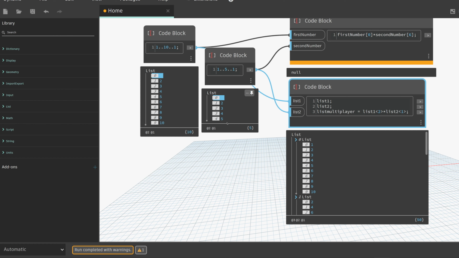So each element from the second list multiplied with the elements from the first list. So we have 5 numbers multiplied 10 times. So we have here 1 multiplied with each one, then 2 multiplied with each one, then 3 multiplied with each one,